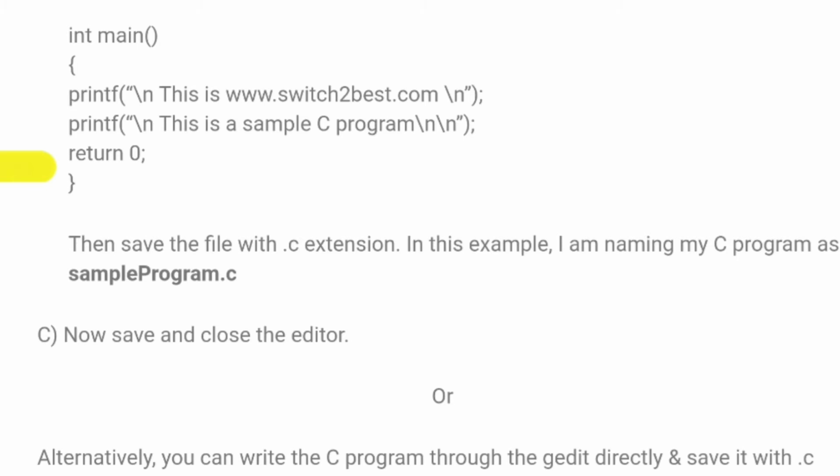Here is the program code. Just save and close the editor after writing this code.